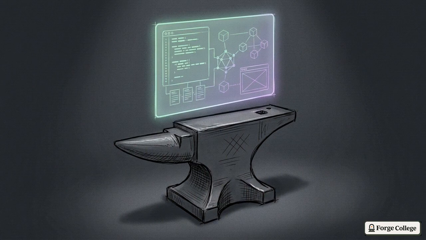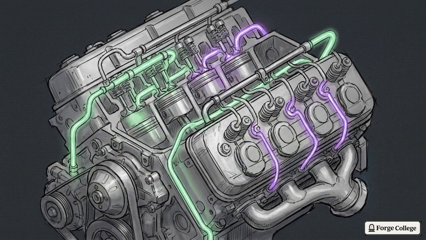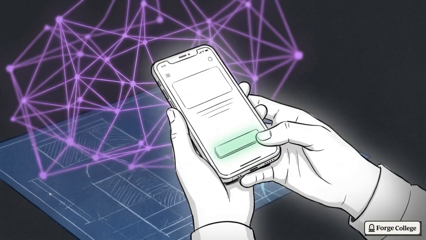In our last lesson, writing deployment scripts with Hardhat, we locked down our backend logic. The engine is built, the smart contracts are deployed, and everything is purring perfectly under the hood. But now we face a completely different challenge, designing decentralized applications, or dApps, which are just programs that run on